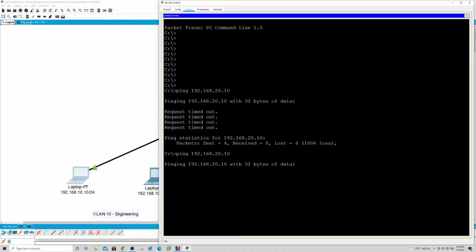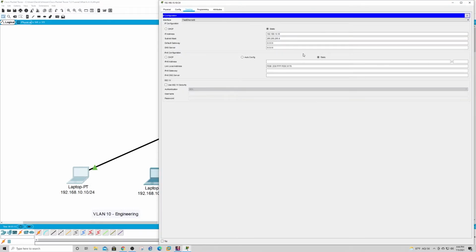And we should receive more request timeouts. And we are receiving that because these PCs do not have a default gateway, so it doesn't know what to do with the packet, so it ends up timing out. So what we'll do is get out of here, go to IP configuration, and actually give it the default gateway,